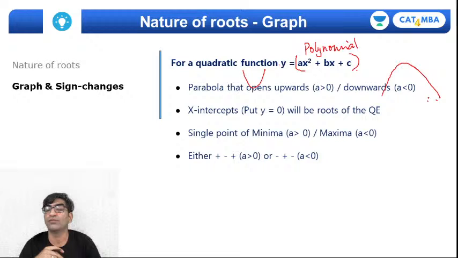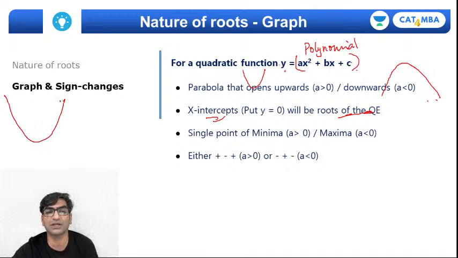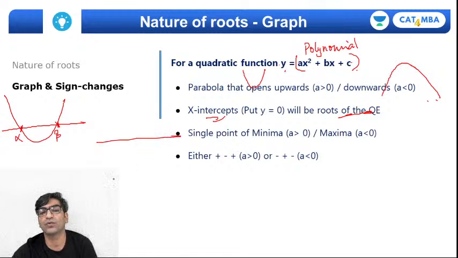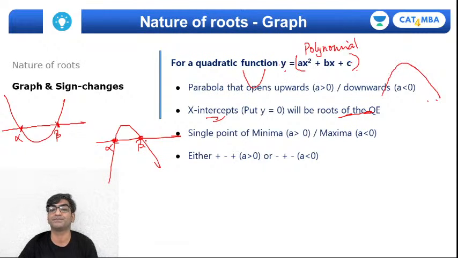Number two, where do I get the x-intercept? X-intercept means the curve intersects the x-axis, so we put y equal to 0. If you put y as 0, then ax square plus bx plus c will be 0, and if you solve it you'll get the roots. The roots will be where the quadratic equation intersects the x-axis. So if this is the curve of a quadratic and this is the x-axis, these 2 points will be the roots alpha and beta, right? Even if the curve is inverted, wherever it intersects the x-axis, those points will be alpha and beta, the roots of that quadratic equation. Third thing,